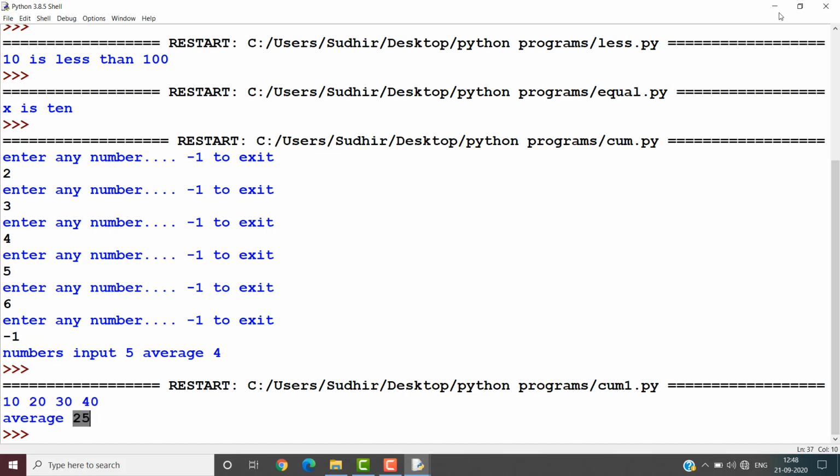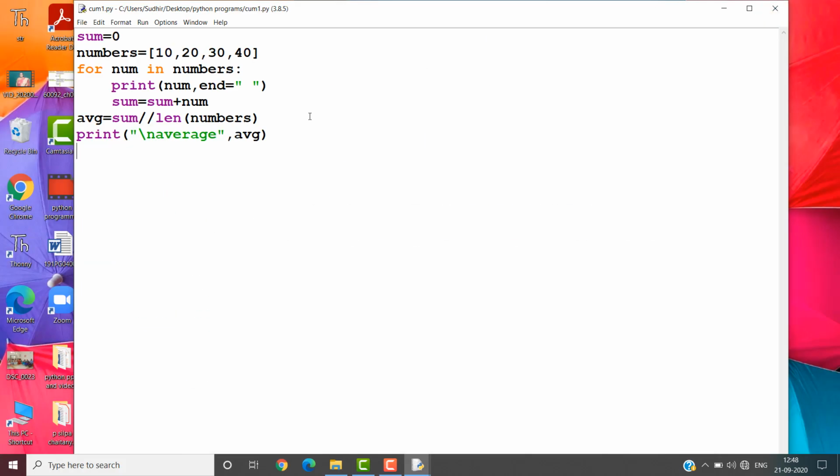Is that clear, students? So that is the use of the for loop. Meanwhile, we will do so many programs. I will give assignment links for you. You will do more and more programs. Just now I am showing how you execute a program through a Python IDE. Is that clear, students? Shall I move to the next program?